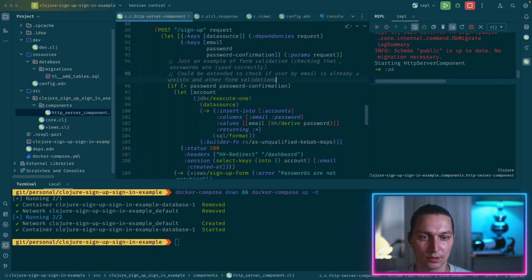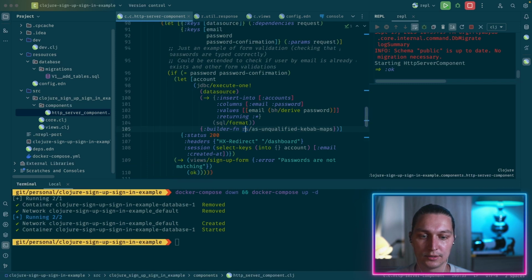I added a comment here, but basically this is a kind of naive implementation of form validation. We obviously want more, potentially. We want to check that there is no existing email registered in the database, because now if we just try to insert the same thing, this block will throw an exception because of a constraint validation on the database level. But we basically want to somehow convert it to a human readable error and put it back into the sign up form in the